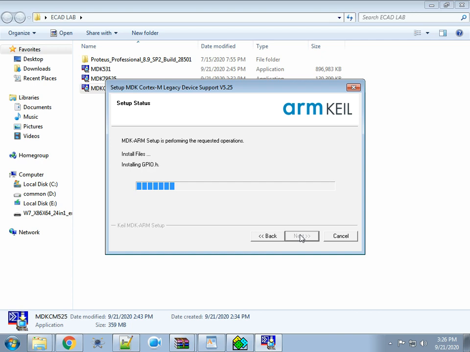Whichever support you want, you need to install that support. First we installed ARM Keil. It is not 8051 Keil, it is ARM Keil, and after that we are installing the legacy support right now. There is no option, we need to wait a certain time, depending upon your processor speed or RAM speed.